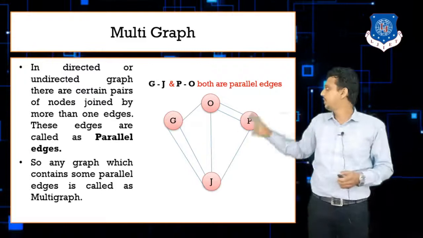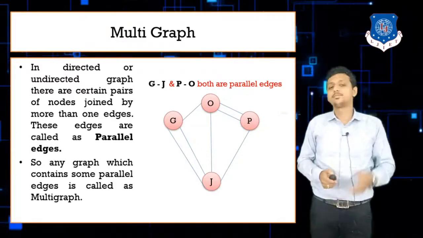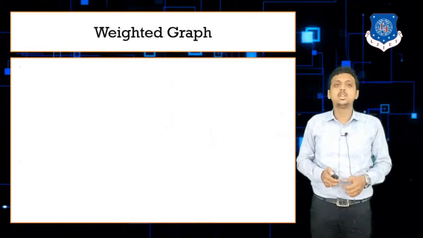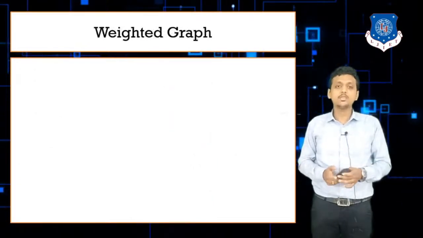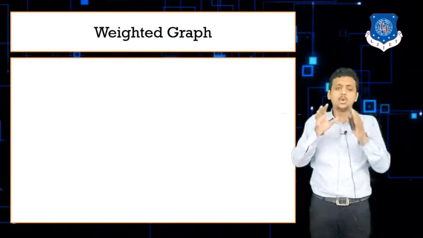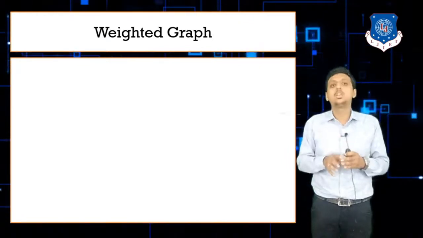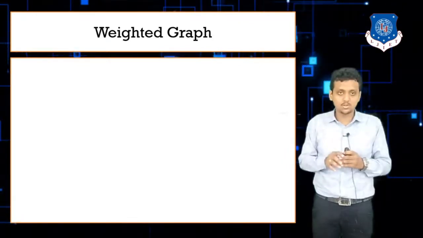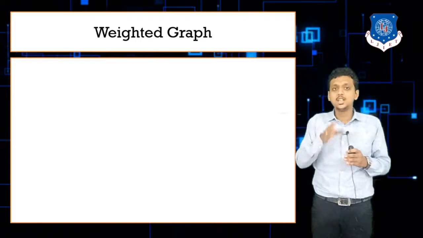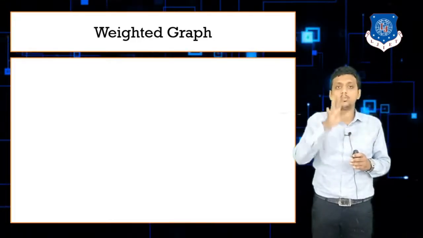So such type of undirected graph is known as a multigraph. Now next we have the weighted graph. Students, have you ever seen that in Google Maps we usually enter a source node such as Prahlad Nagar crossroad and a destination such as ISKCON crossroad? Then it says just move forward, go straight up to 500 meters.